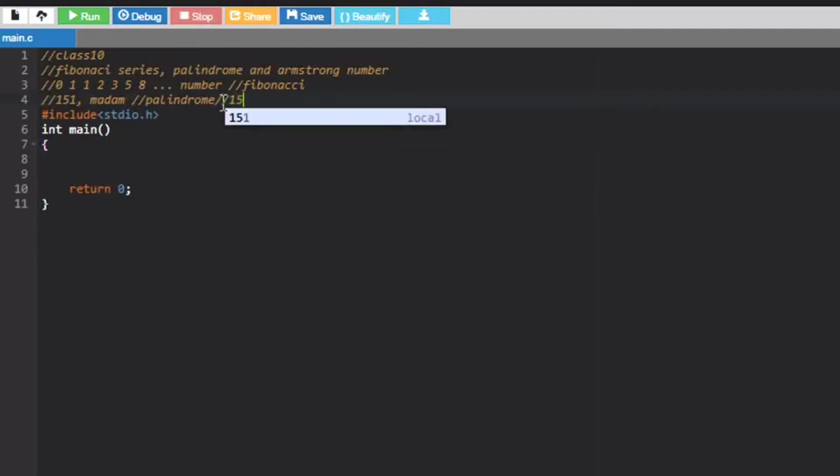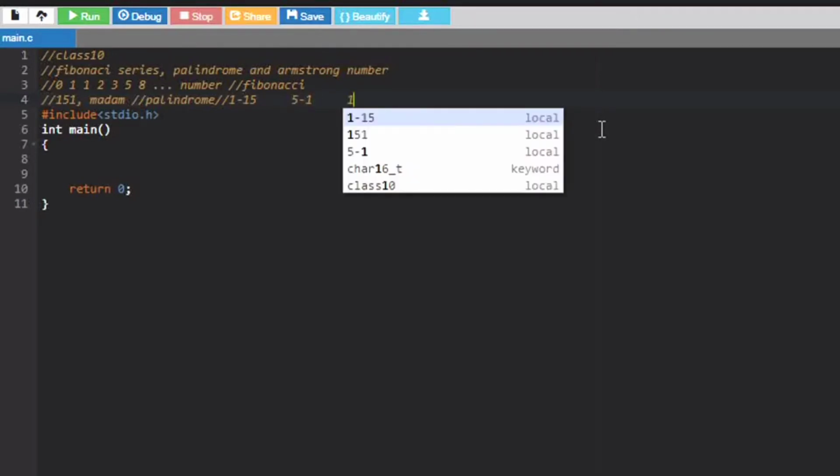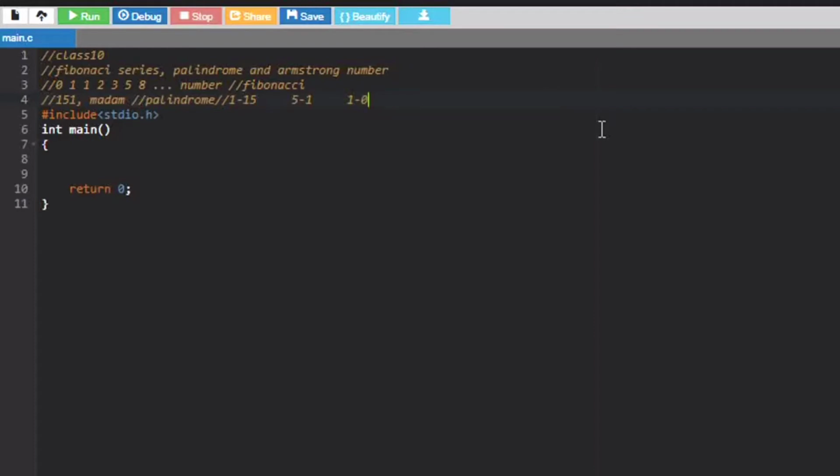So now we can use this 15 and we can get another remainder as 5. So here we get 5, and now the quotient is 1, and if you do it again, you get 1 as the remainder and you get no quotient. And if you do it again, since our condition won't be satisfied, we will be out of the loop, and we will have 1, 5 and 1 as the answer, and we are going to check it with the temporary variable which has already stored the value.